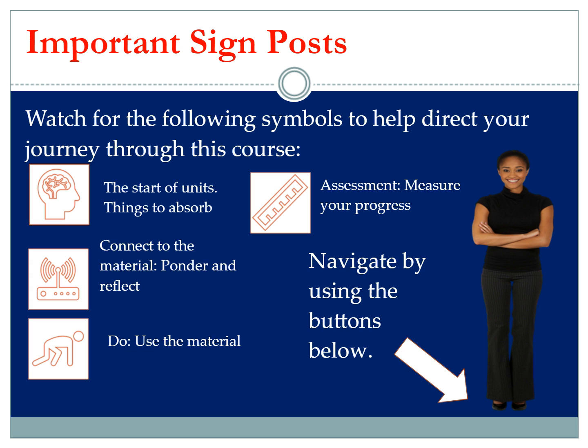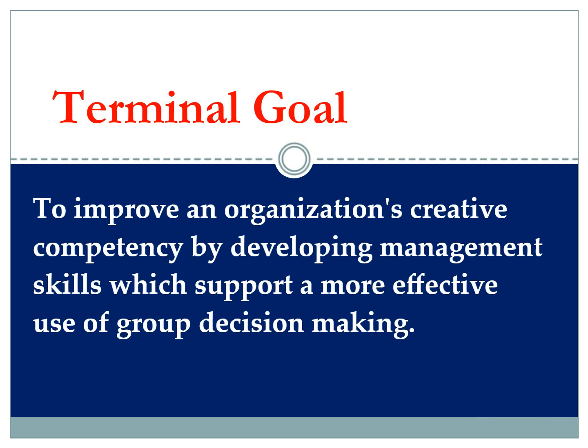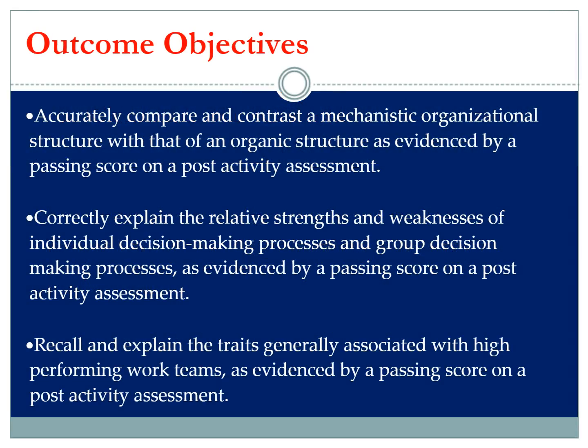Now, let's begin. The terminal goal of this course is to improve an organization's creative competency by developing management skills which support a more effective use of group decision-making. The learning objectives for the course are as follows. Accurately compare and contrast a mechanistic organizational structure with that of an organic structure, as evidenced by a passing score